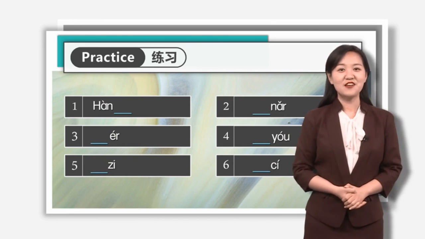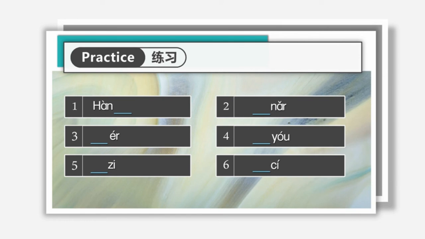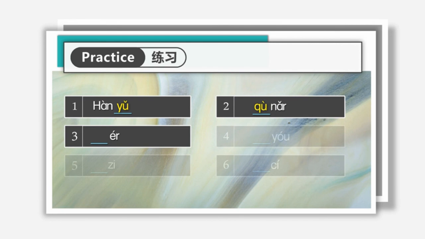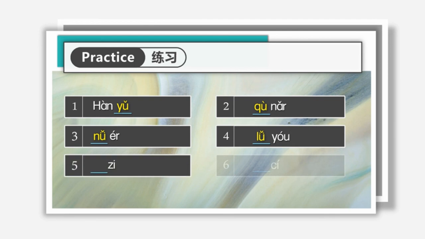The next practice. Fill in the blanks according to what you hear. 1. 汉语 2. 去哪儿 3. 女儿 4. 旅游 5. 句子 6. 虚词